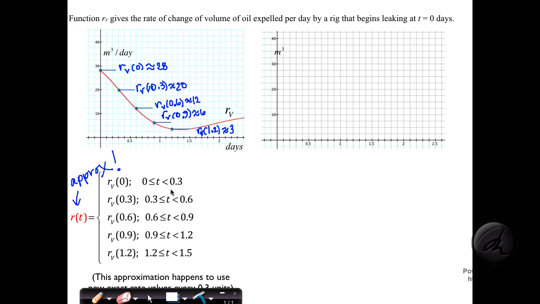the first 0.3 days, I can imagine, all right, well, our oil spill starts from nothing spilled, and we know that any horizontal amount of change that we have between 0 and 0.3, which is right there, is going to happen at a rate where the vertical change on this graph is going to be 28 times as much as the horizontal change. Now this is scaled, so it's not going to be off the top. So this isn't 0.3 in the other direction. But if I move to the right by